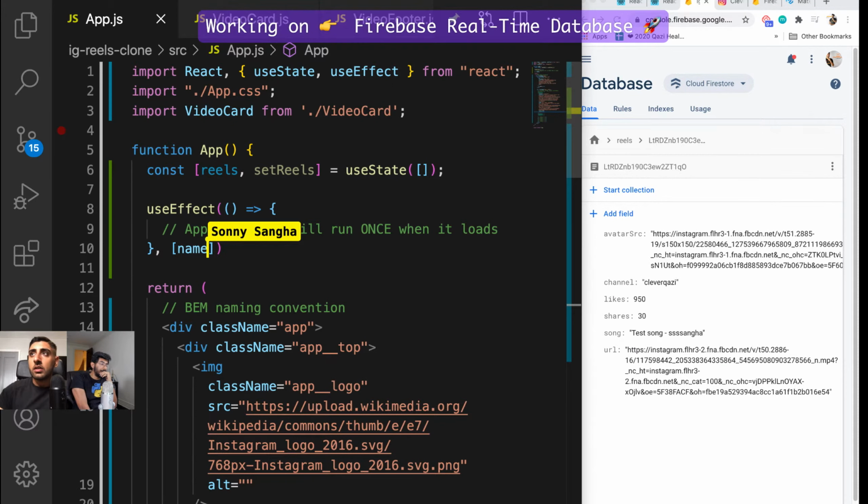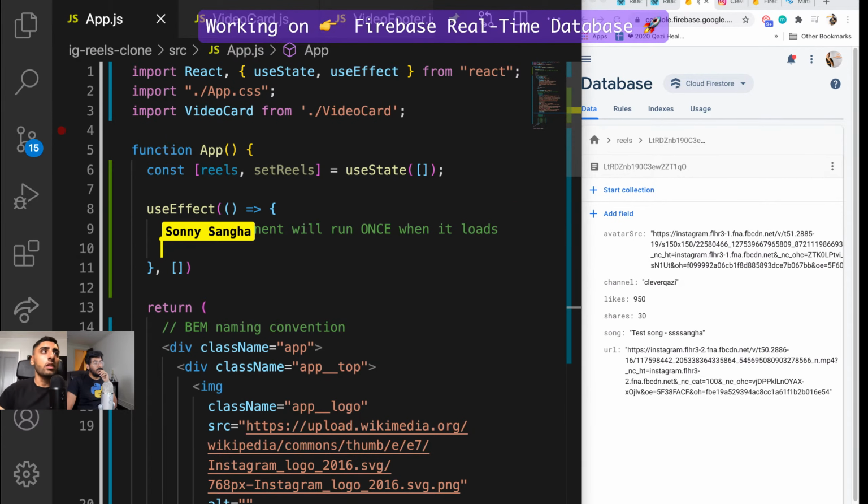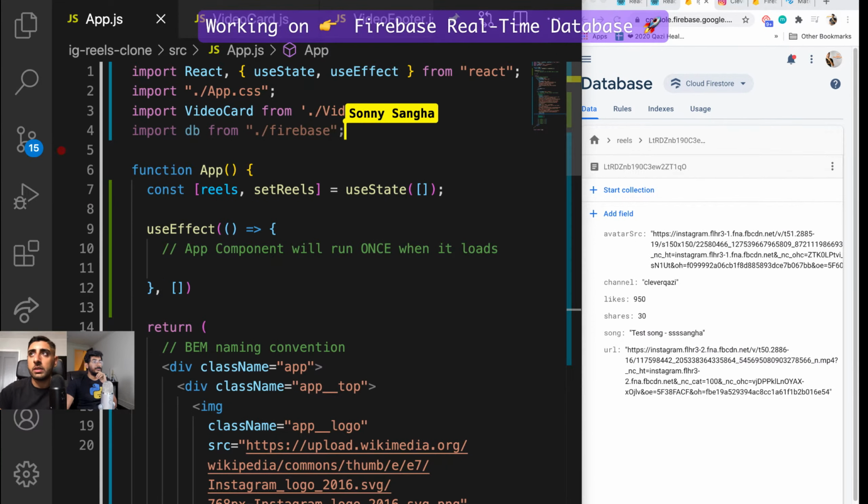Okay, so by default right now, we just want to run once when it loads. So we're going to go ahead and do this. What we now need to do is import that db from our local Firebase file. So here we do import db from our local Firebase, not the module Firebase. And then we're going to go ahead and do